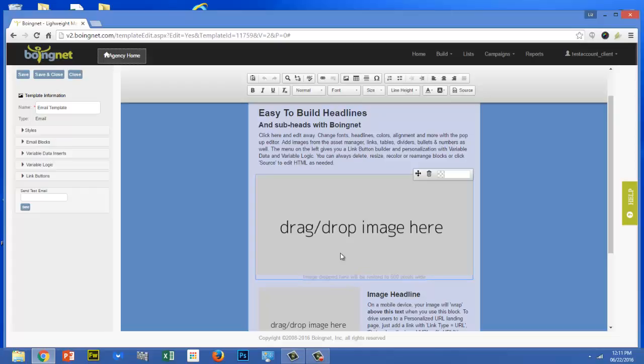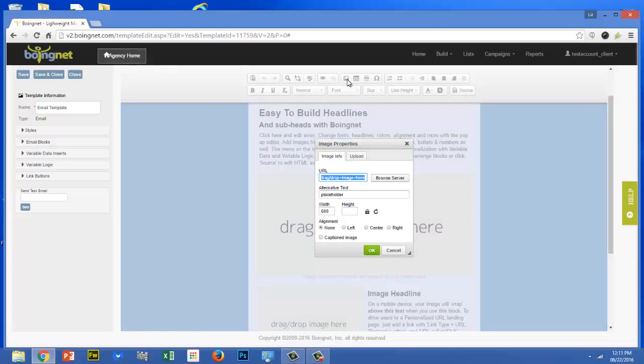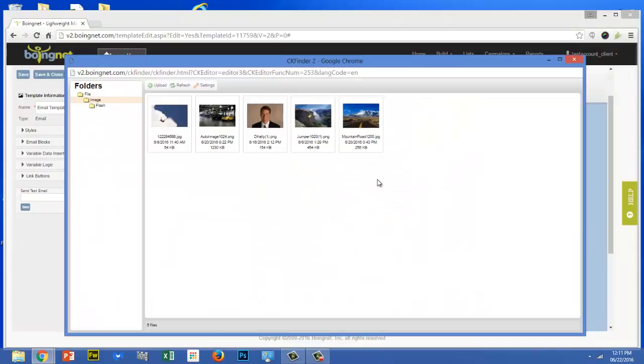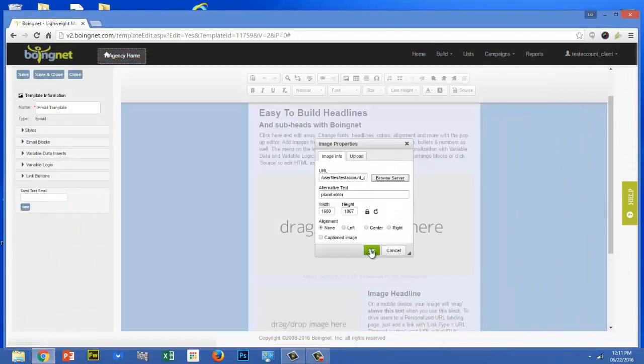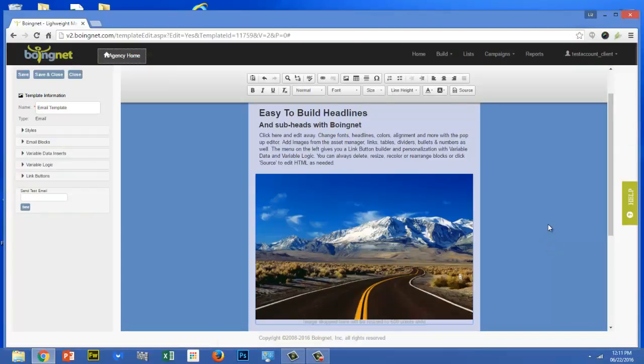You can also use the toolbar to insert images from your asset manager. Simply click on the image box and then click on the image icon in the toolbar. Click Browse Server to go to your asset manager. Double-click on the image you'd like to insert and then click the green OK button, and the image will be